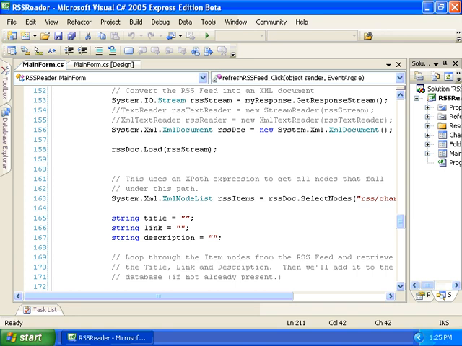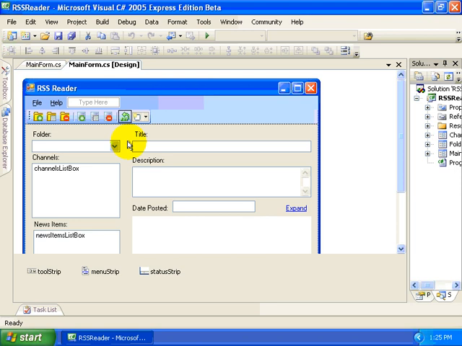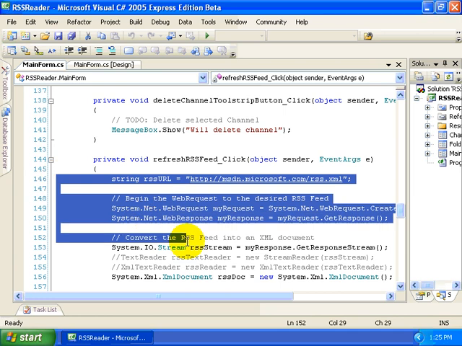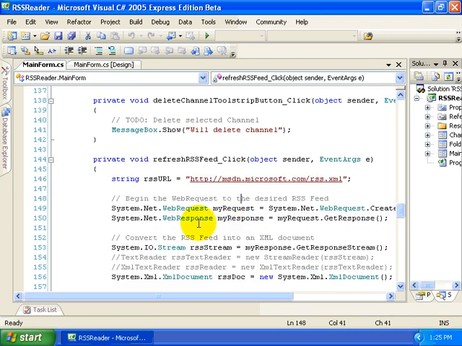Now, in all honesty, when I'm developing this application, I may start by placing all the code necessary to grab down the XML in this button, this code behind for my refresh RSS button. And that works just fine during the early stages of the development, but I can already see a problem. One of the problems is that I hate to put all of my business logic, and this is considered business logic, okay? It's not necessarily the rules of operating your business, but it's those